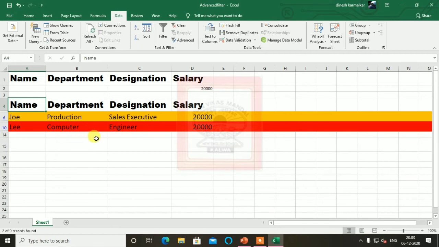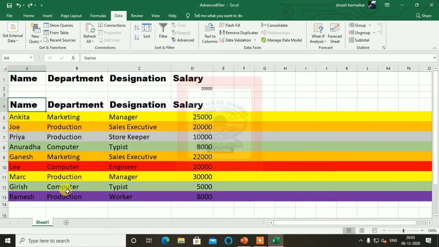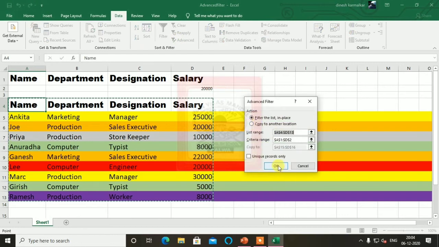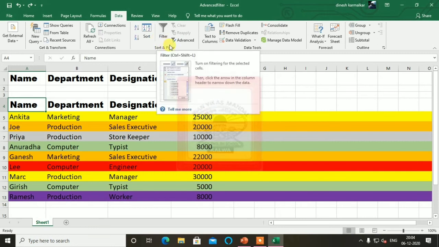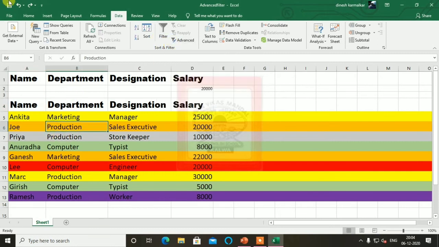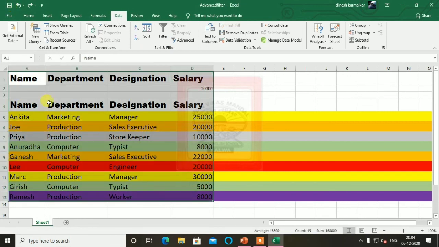Now let's see how to do it for a different location. So we will clear this record first. We'll take all these things in a different place.